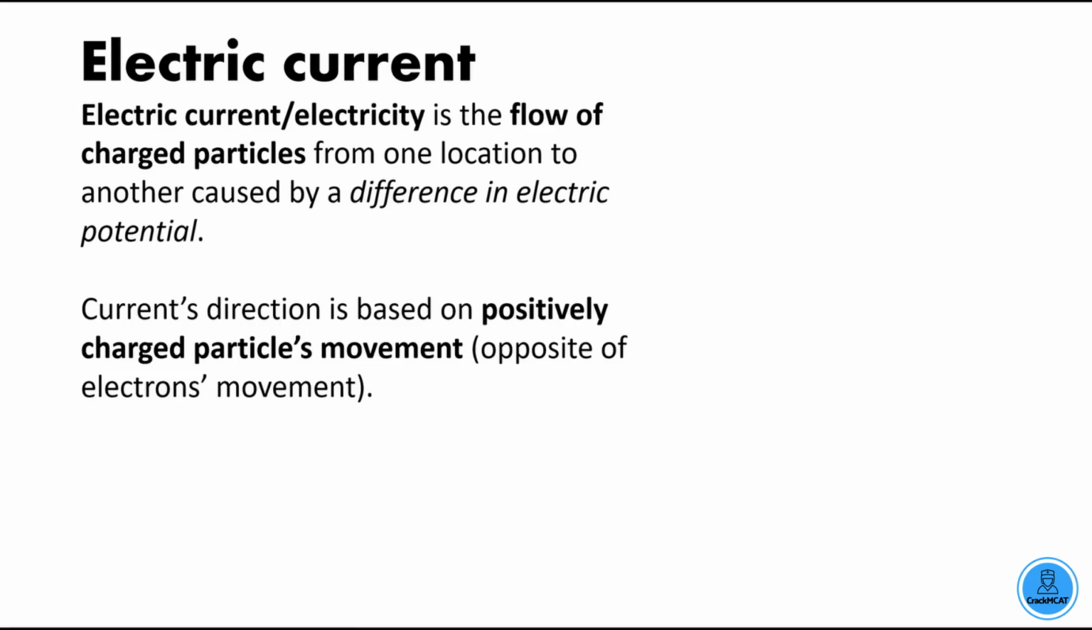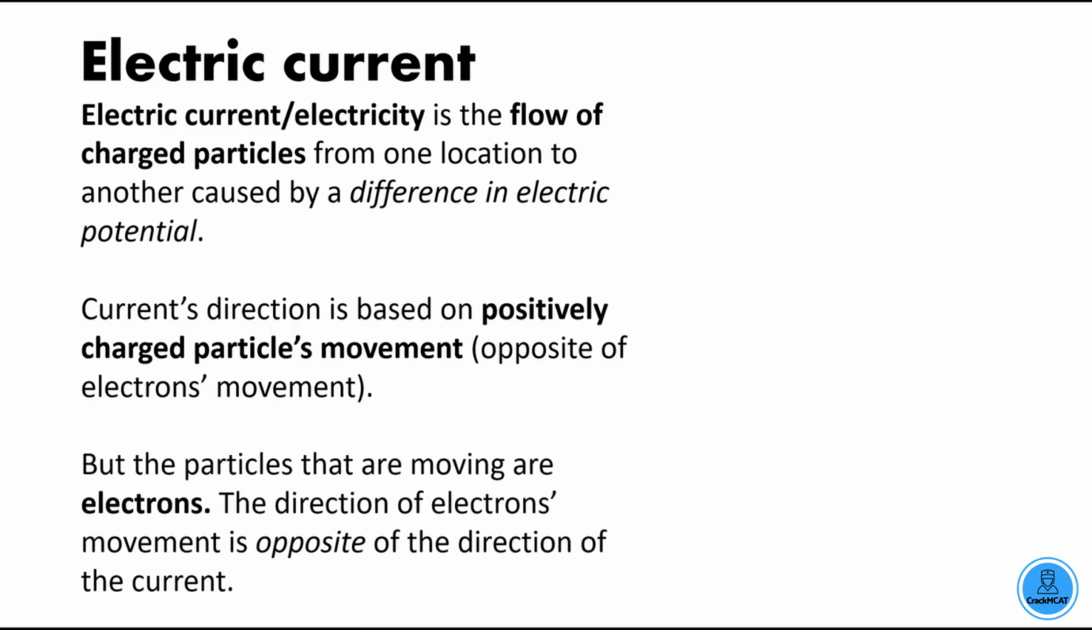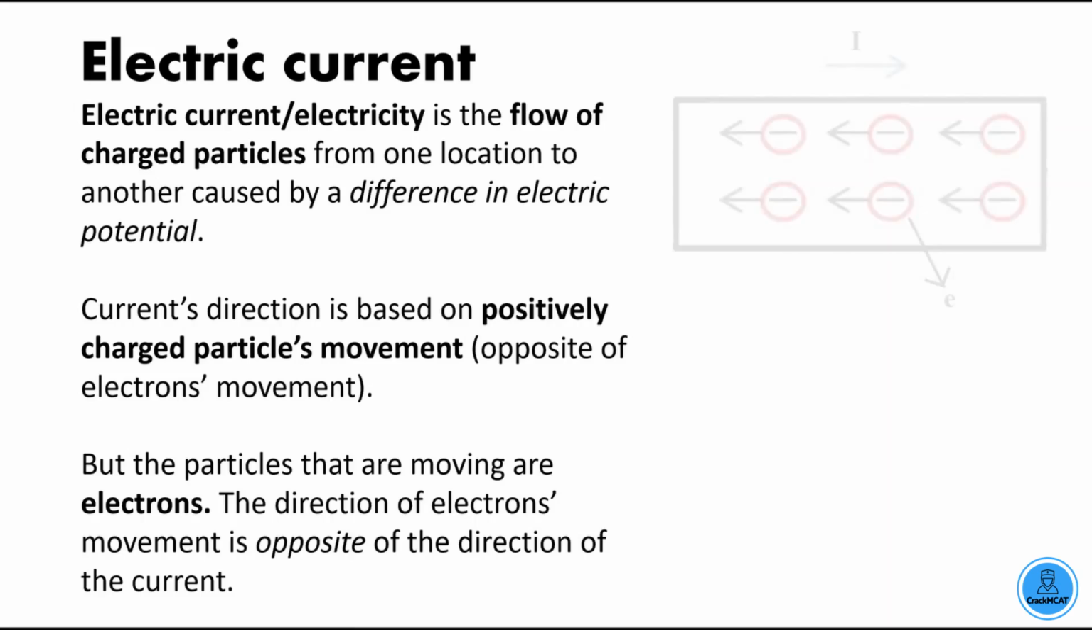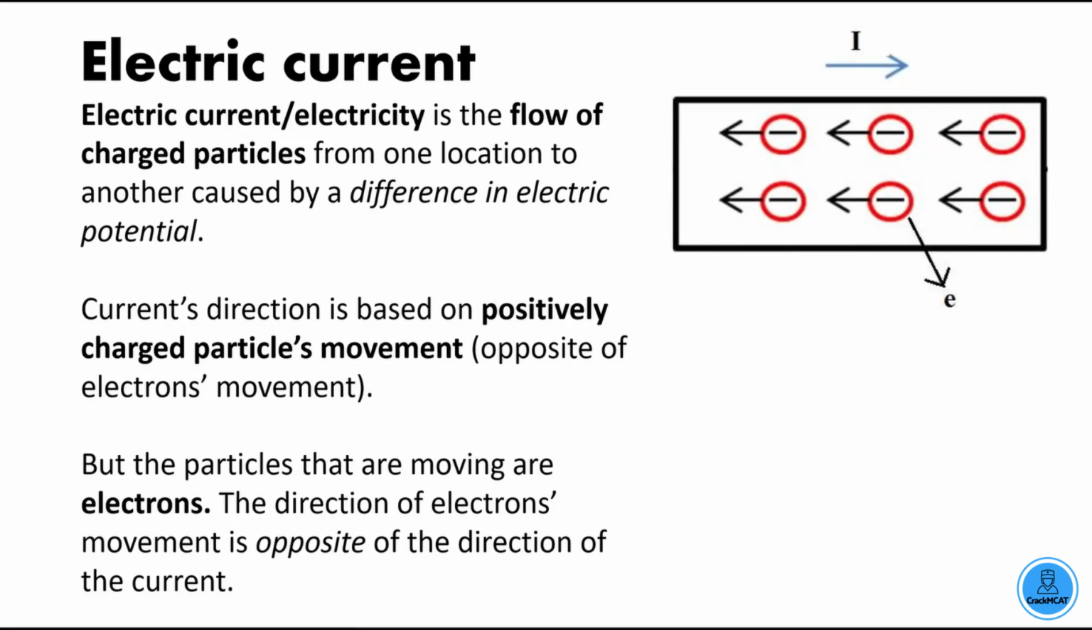And current is based on how the positively charged particle would move. But in reality, the particles that are moving are the electrons, the negatively charged particles. So just keep in mind that while electrons are the ones that's causing current, current's direction is purely based on how the positive ions would move. So how this works is you actually have these electrons moving in this direction, but current's going to move in the opposite because current's based on the positive